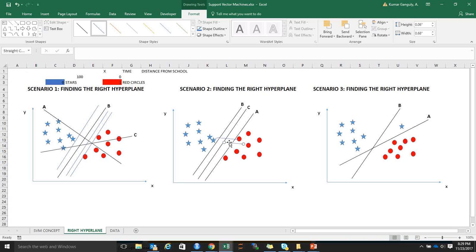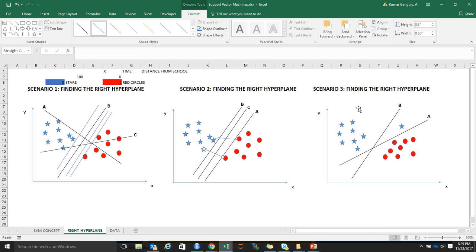and it's very far off from the blue stars, right? From the line. So here again, the optimal line is the C, which basically has got the maximum distance between the star and these red dots, which are basically the two classes of output, like 0 and 1. And if you again try to see the next scenario, where I have again a few